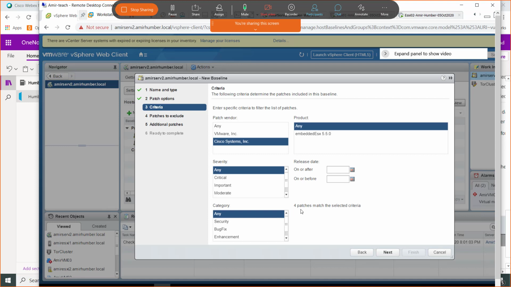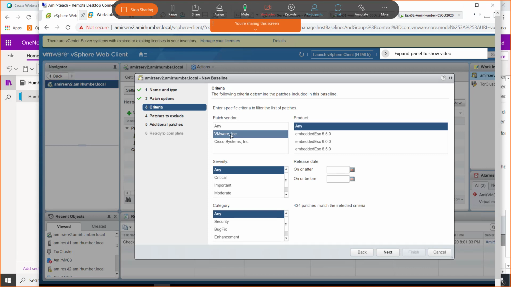Cisco patches are just 4. Why is Cisco even there? So there are some appliances there, like the Cisco switch. I think it's VX1000 or something 1000 there. So that Cisco switch is there, and or any other virtual appliances of Cisco. If they are there, then you can go for those patches. We don't have any Cisco appliances there, so we're only going to select VMware, right? So instead of 438, it goes down to 434 patches, right? So select VMware only here.